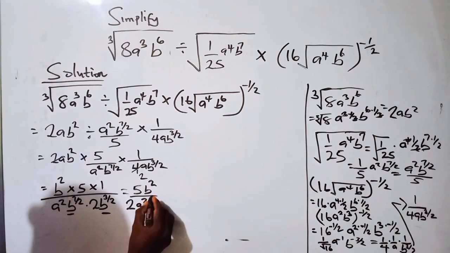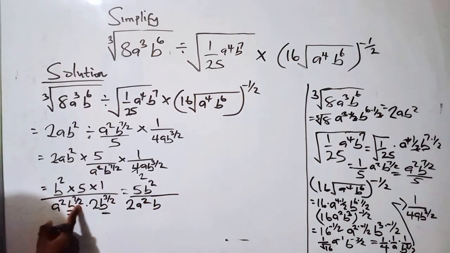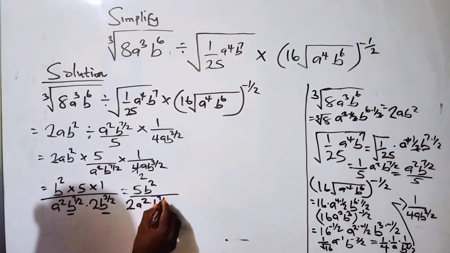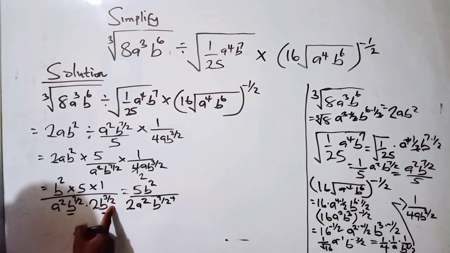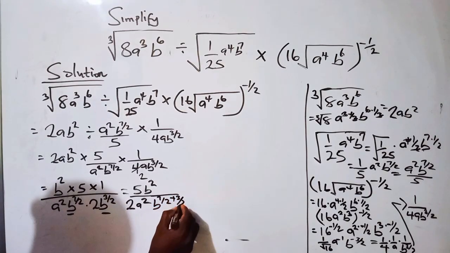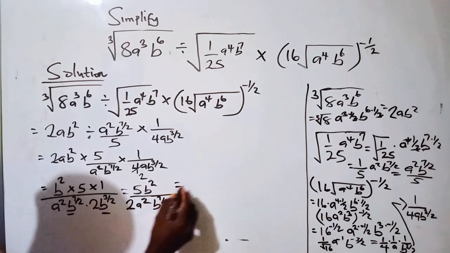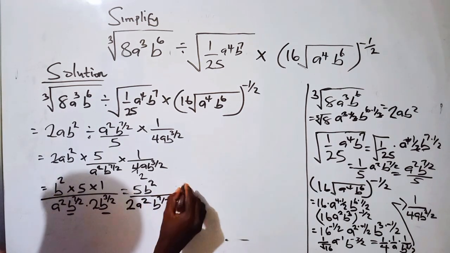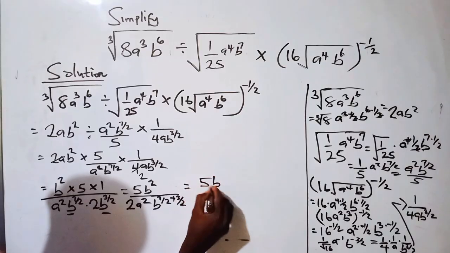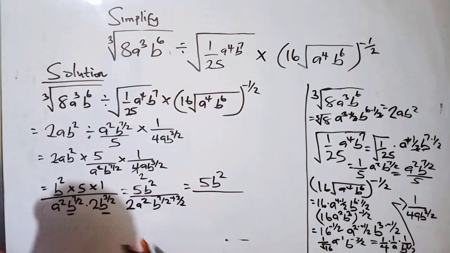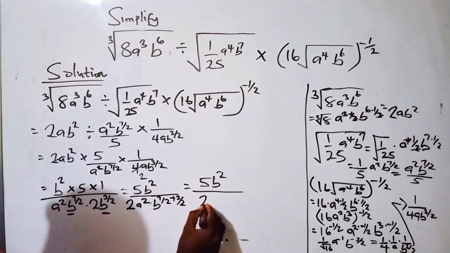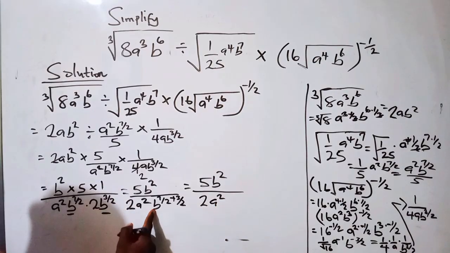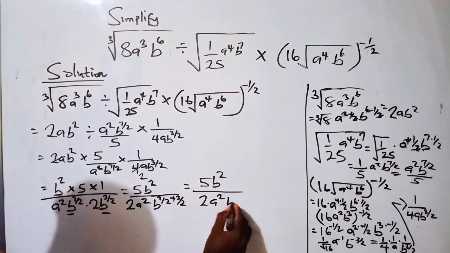Multiplication of law of indices, so we add the power, so we have 7 over 2 plus 3 over 2. So here we have this as 5b squared at the numerator over 2a squared. So when we add the power, since we have the same denominator,